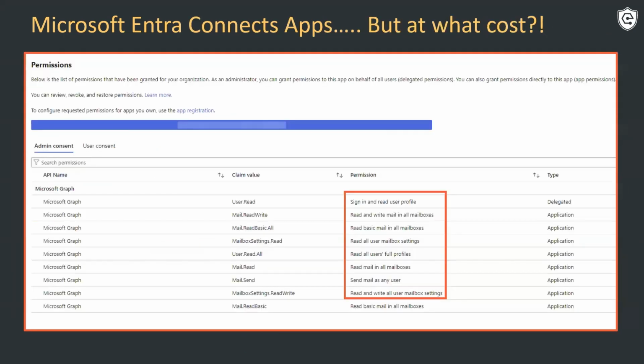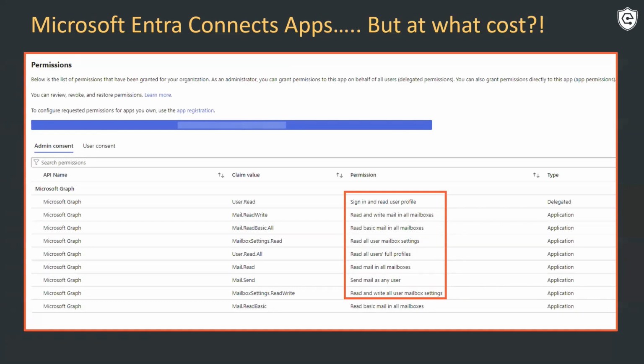Yeah, so let's try to drive this home here. This is a screenshot that Dustin took in an unnamed tenant for an unnamed enterprise application that had been registered to that tenant. You don't need to know what this app does to know that you're pretty scared by the permissions that go along with it.